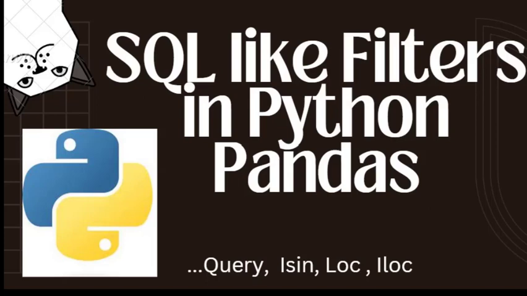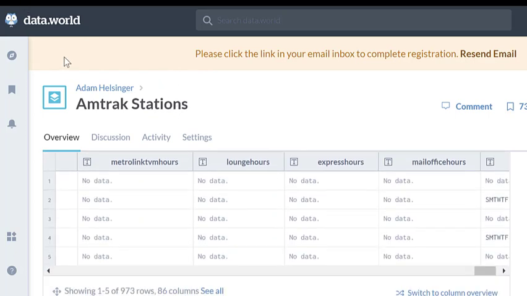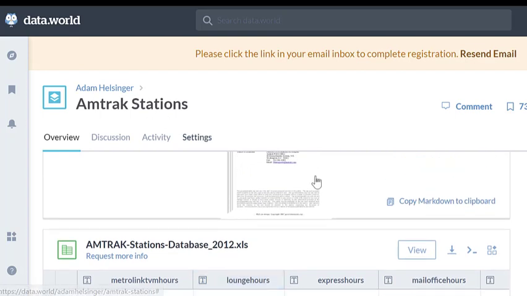If you are a SQL guy, you know all those filters, how to do them with the where conditions, right? So you may be wondering how you want to do them in pandas using Python. Before we start that, I want to show you how you get the free data sets so that you can work on them. The one that I'm looking at is the Amtrak stations dataset. It's from data.world,